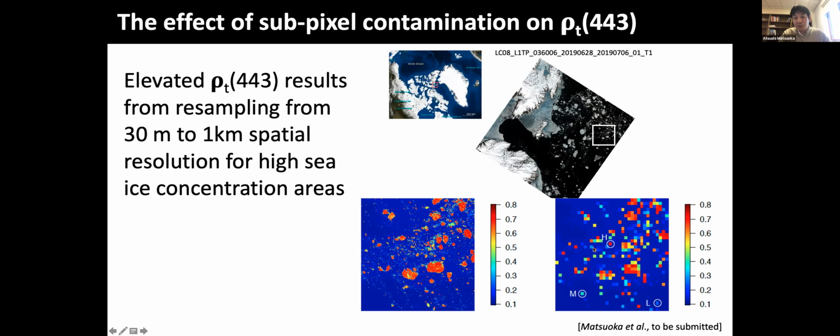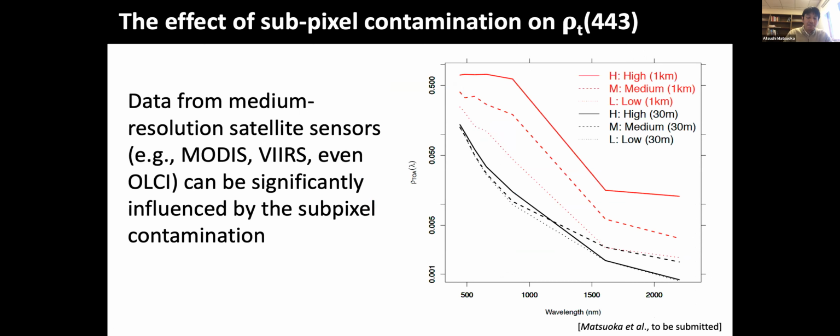We chose 3 different sites: the area where the water is highly influenced by sea ice, medium influence, and low influence waters, to see how this sea ice impacts the top of the atmosphere.